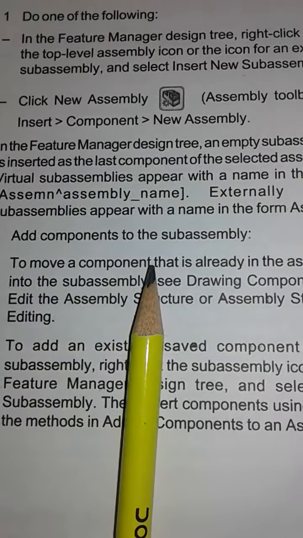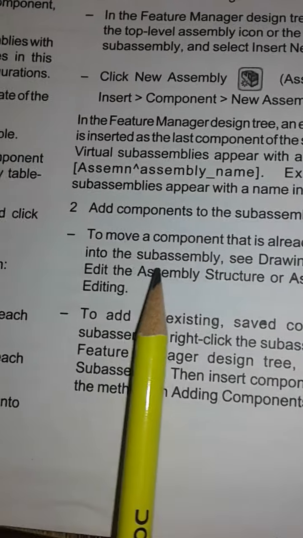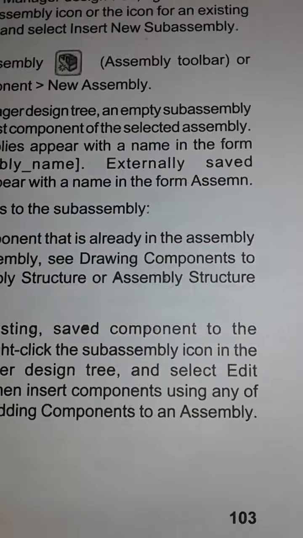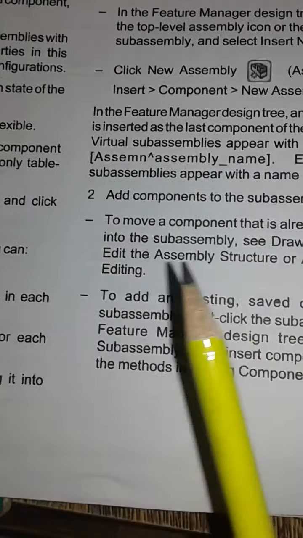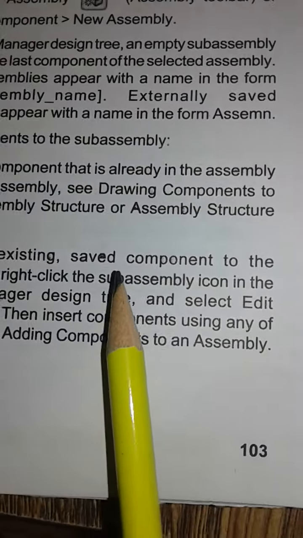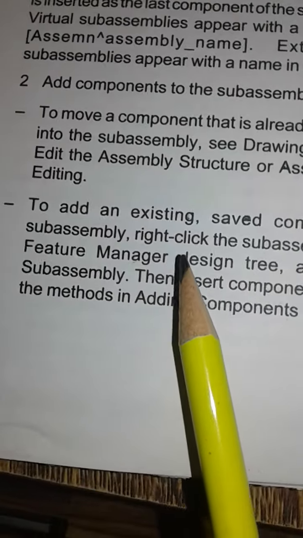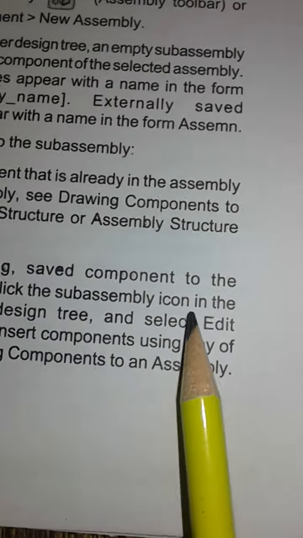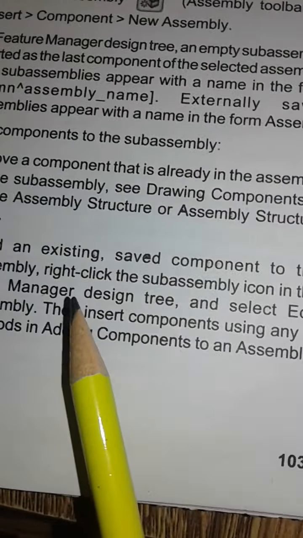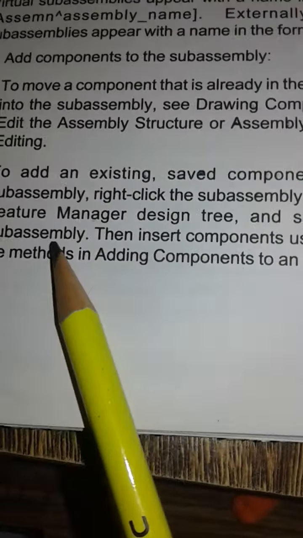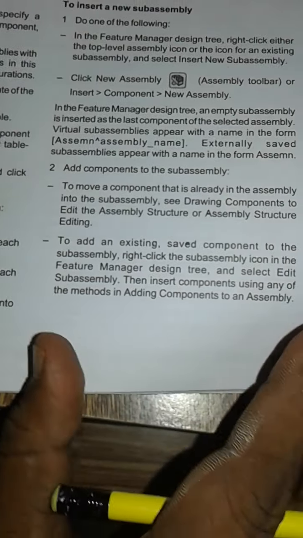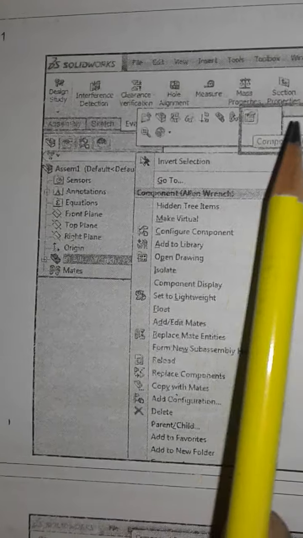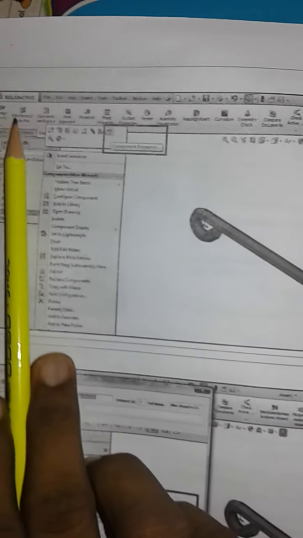To move a component that is already in the assembly into the subassembly, see join components to edit the assembly structure or assembly structure editing. To add an existing saved component to the subassembly, right click the subassembly icon in the feature manager design tree and select edit subassembly. Then insert components using any of the methods in adding components to an assembly. So in this box, SolidWorks